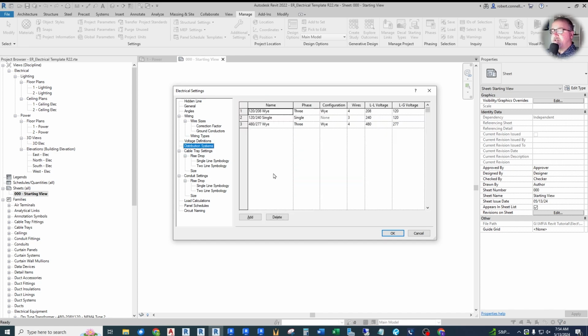Now, distribution systems. I've covered this in other videos, where I have determined that these three systems are not enough for my projects. Like I mentioned before, you want to include things in this template that will cover maybe 90% of your work. Right now, we have a 120/208Y, 3-phase 4-wire, a 120/240 single phase or split phase 3-wire for residential, single family dwelling, or small commercial, and then a 480/277